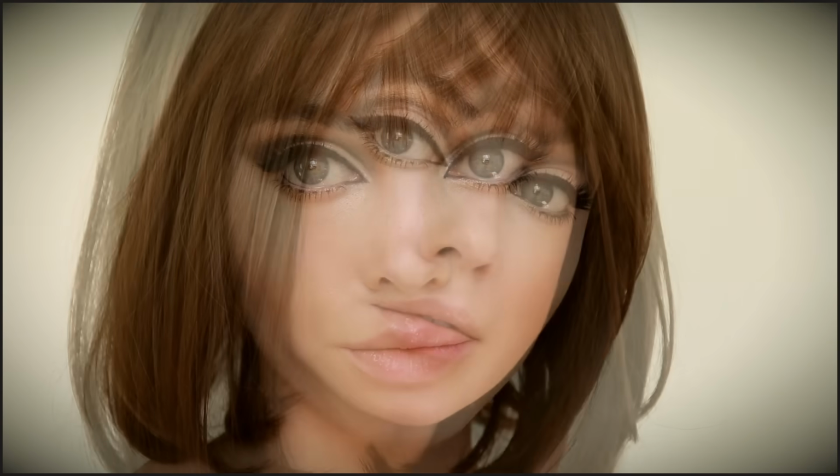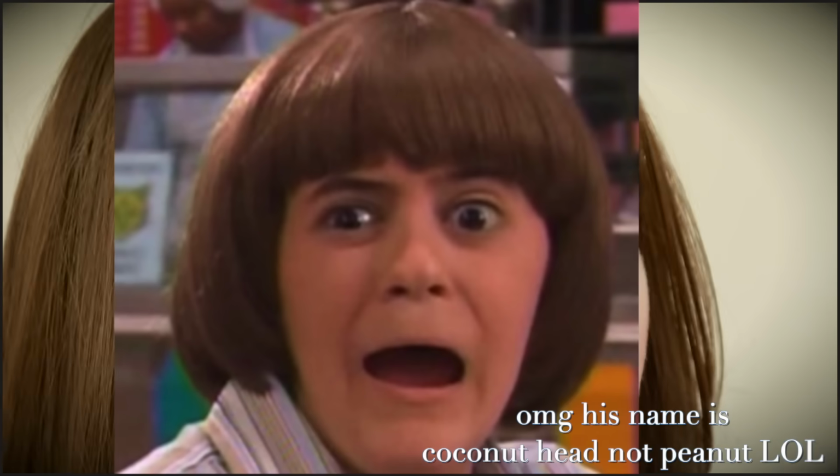I feel like Peanut from Ned's Declassified School Survival Guide in this wig a bit, but then